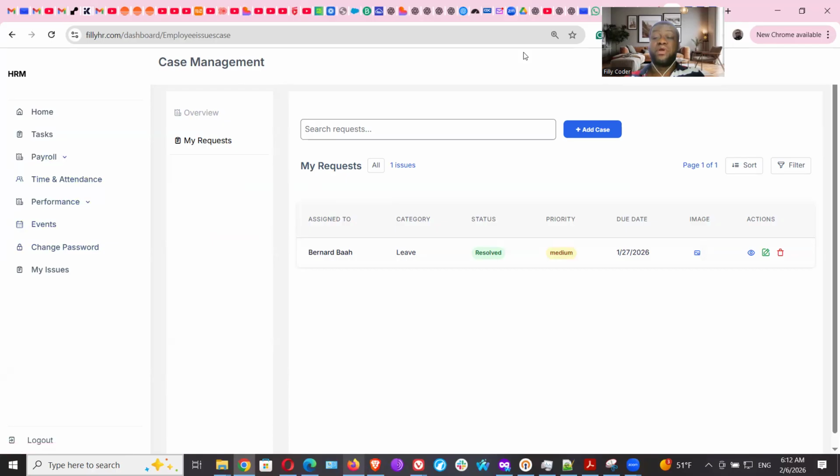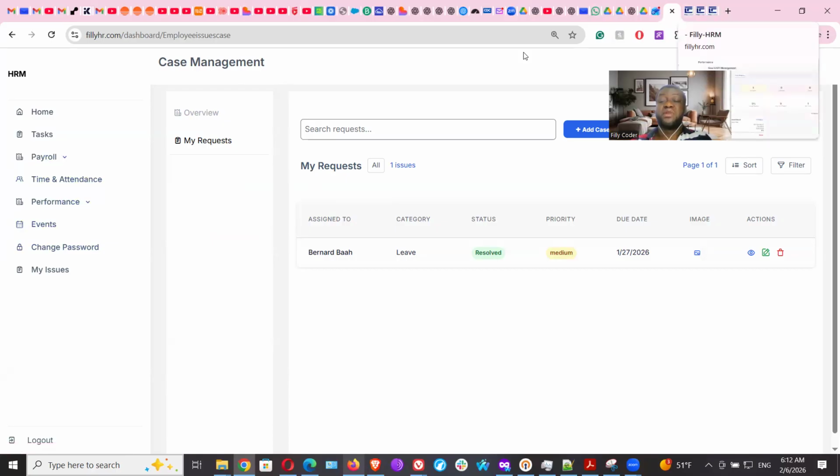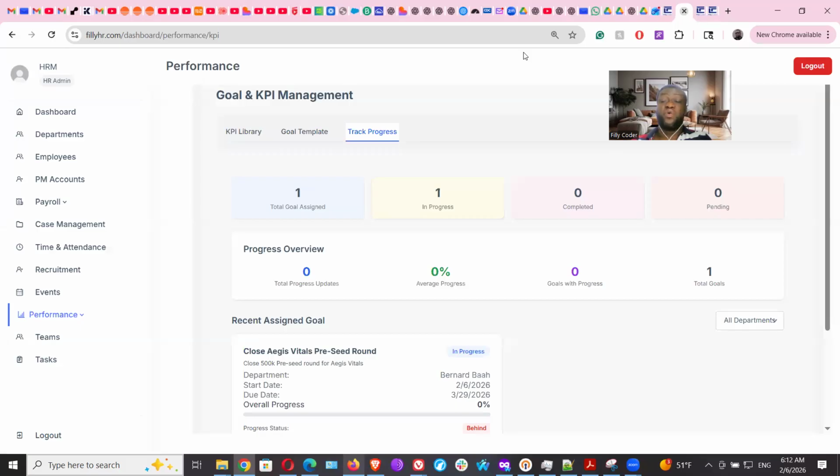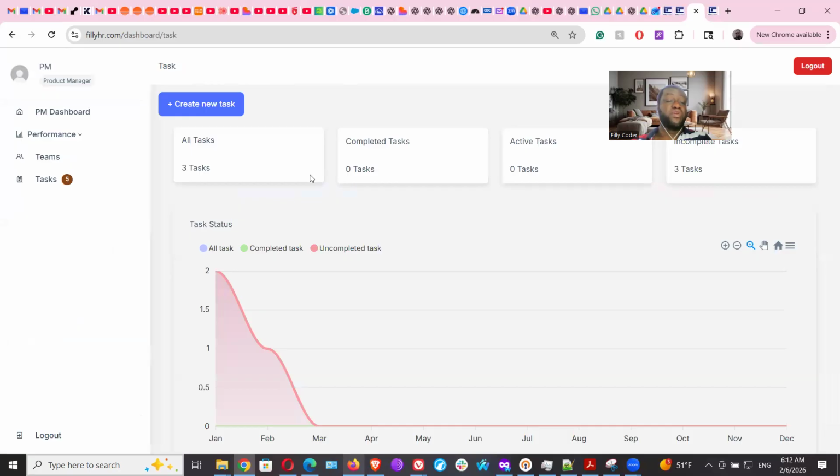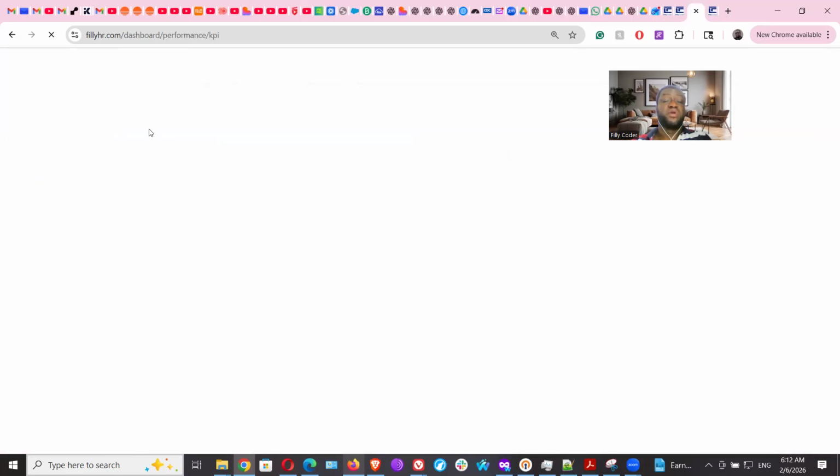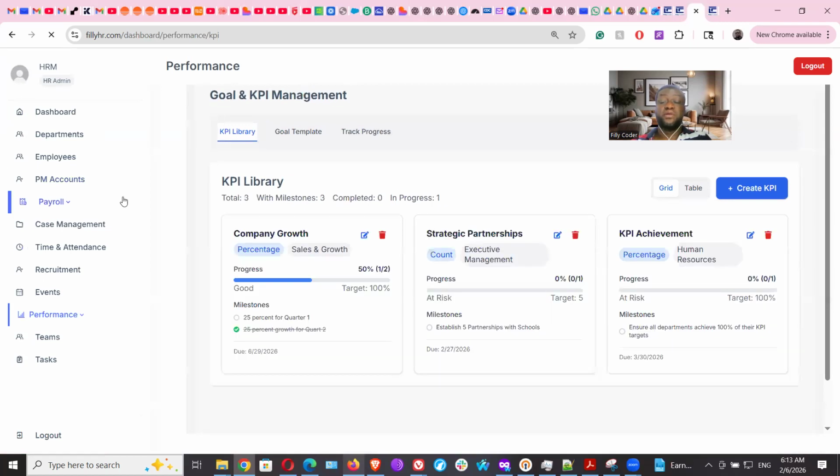This is how the software employee login works. In the next video, I'll show how the HR manager view works. And then I'll create a separate video on the project manager view, where the project manager gets to create teams and assign tasks to team members and tracks their performance via KPI, goals, and the same sort of KPIs that you see on the employee dashboard. So these are some KPIs that have been created. They can be created by the HR manager or the project manager. In this case, I assigned